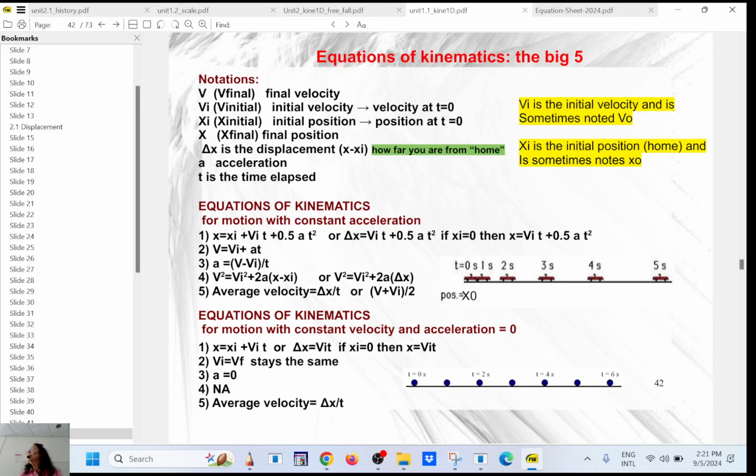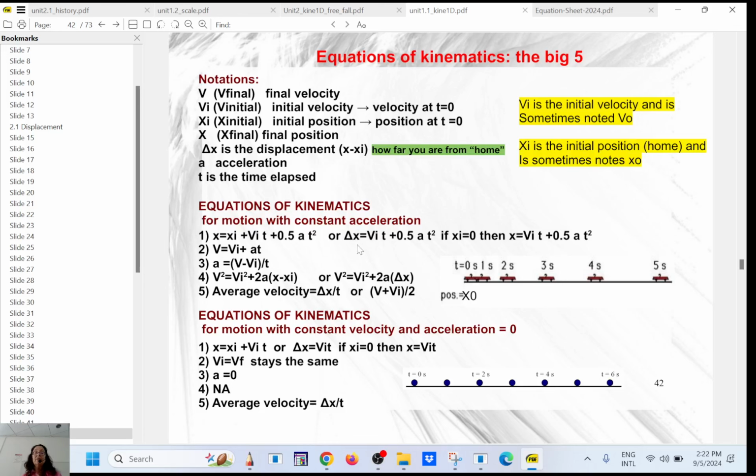And acceleration depending on the force. If the force is on the left, acceleration is to the left. If the force is to the right, acceleration is to the right. And then it's a vector, and then you have t, which is a scalar, which is the time elapsed. Agreed? If you have an acceleration, these are going to be the kinematics equations,